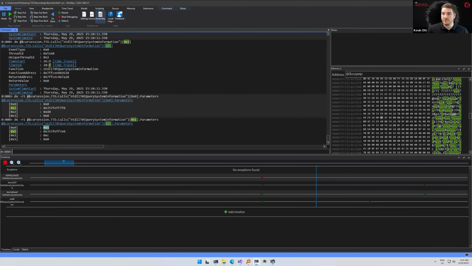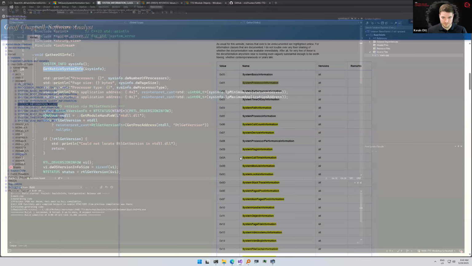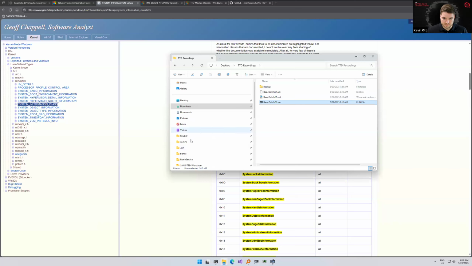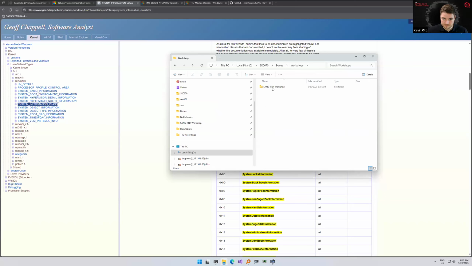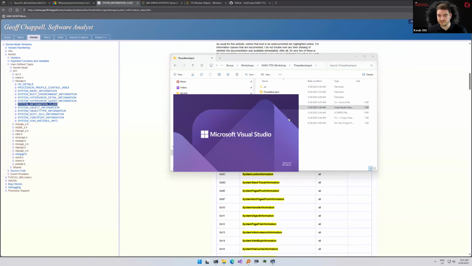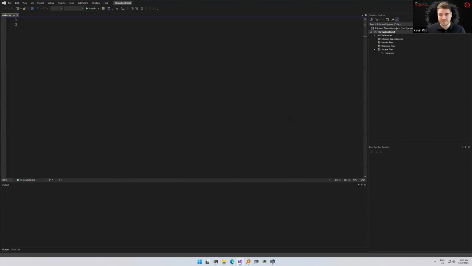So I want to show one more use case for WinDbg and time travel debugging. And I'm going to open another solution here. One use case that I'm a big fan of when looking at time travel debugging is actually shellcode injection. Because with time travel debugging, you can debug the injected process and debug the shellcode of that process to make sure that everything is as you would expect it to be, and you can step back and forth through the shellcode, which is